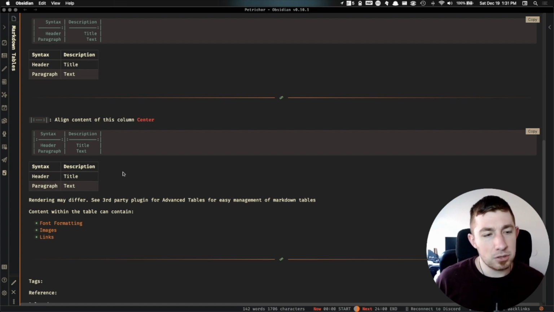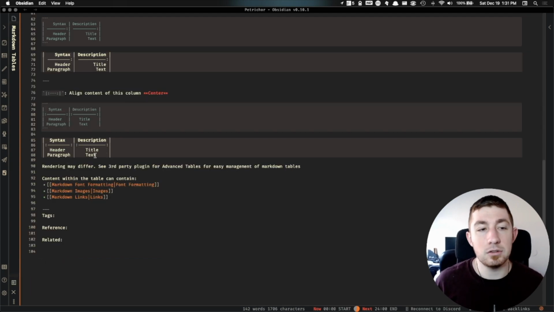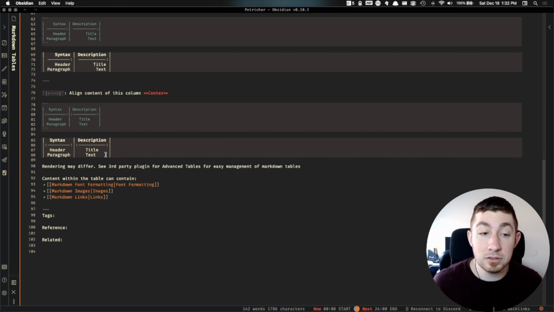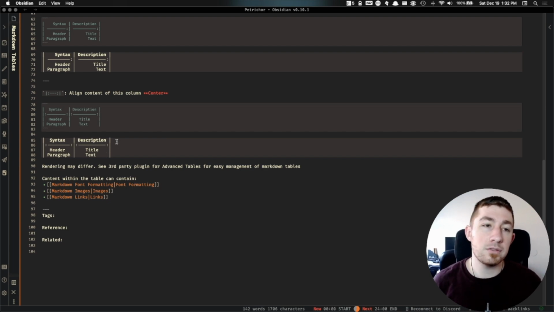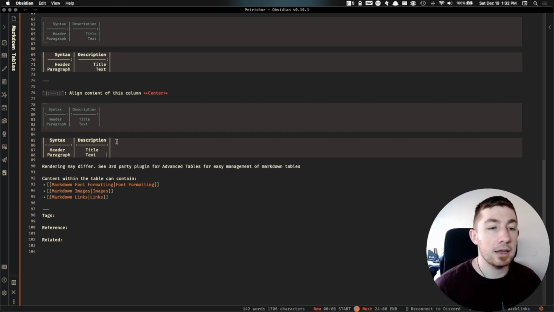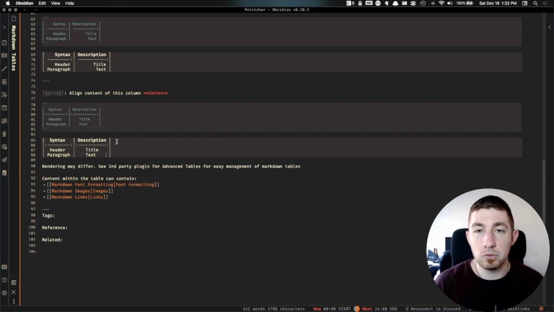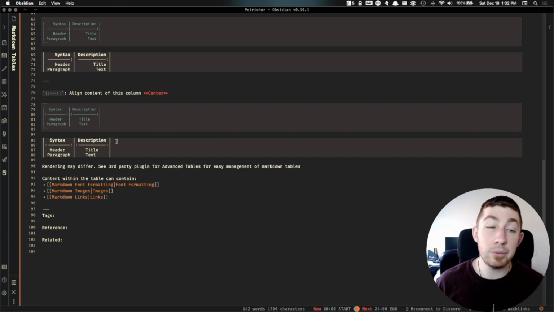And again, not sure why it's not doing it in display, because it does do this in edit mode for the exact same content. Maybe that's just because of the plugin I have installed, but either way, there are some great plugins that we'll go over that deal with tables. One of them makes it easy to add, edit, update, insert, and remove columns and data inside of tables, and it's just called Advanced Tables. And then there's one that will actually let you use formulas with those tables, kind of like Excel formulas. I haven't really had a reason to use that one, but we will cover it just because it might be something that is useful to you if you want to keep literally your entire life inside of